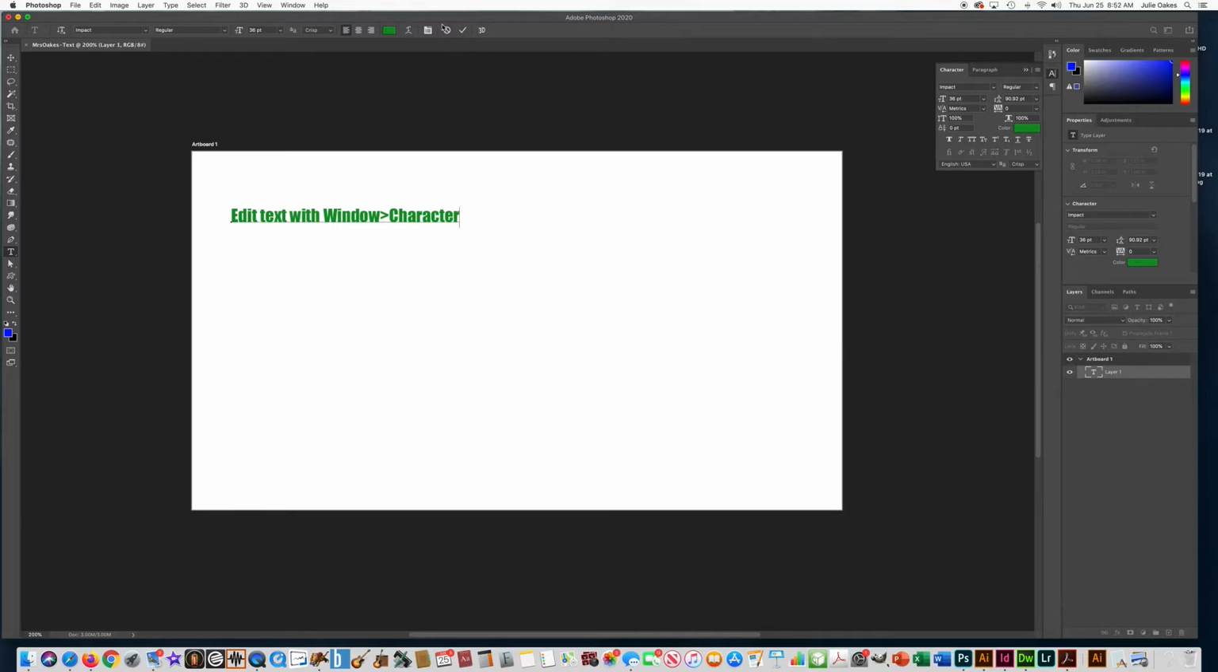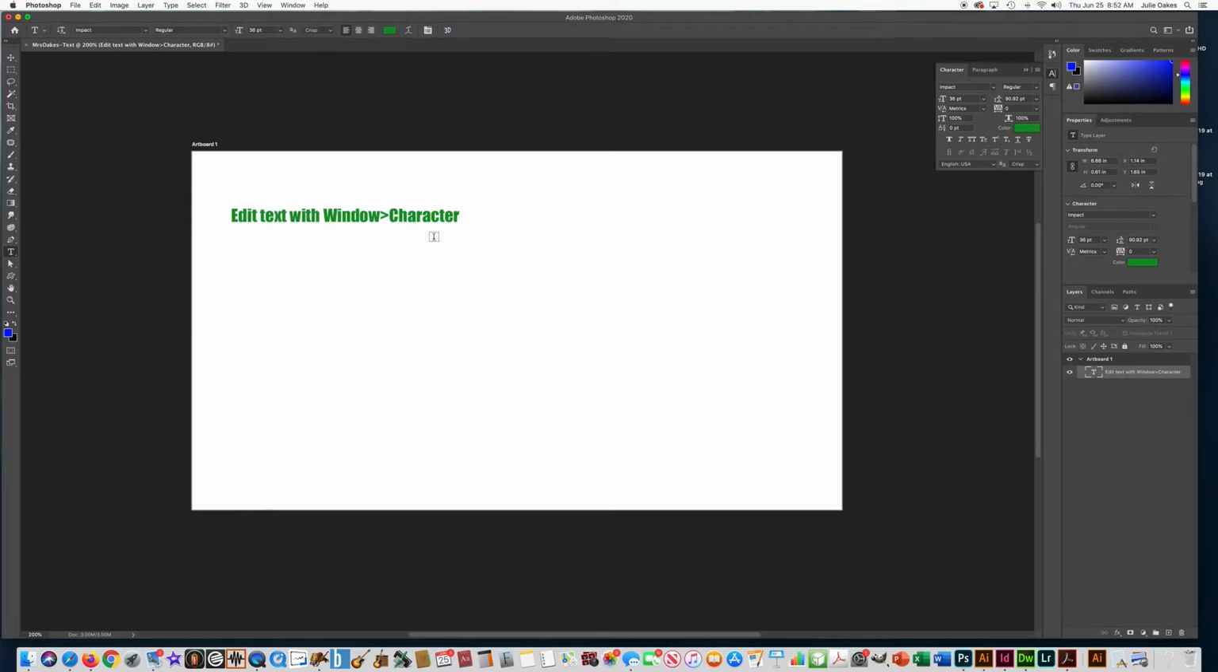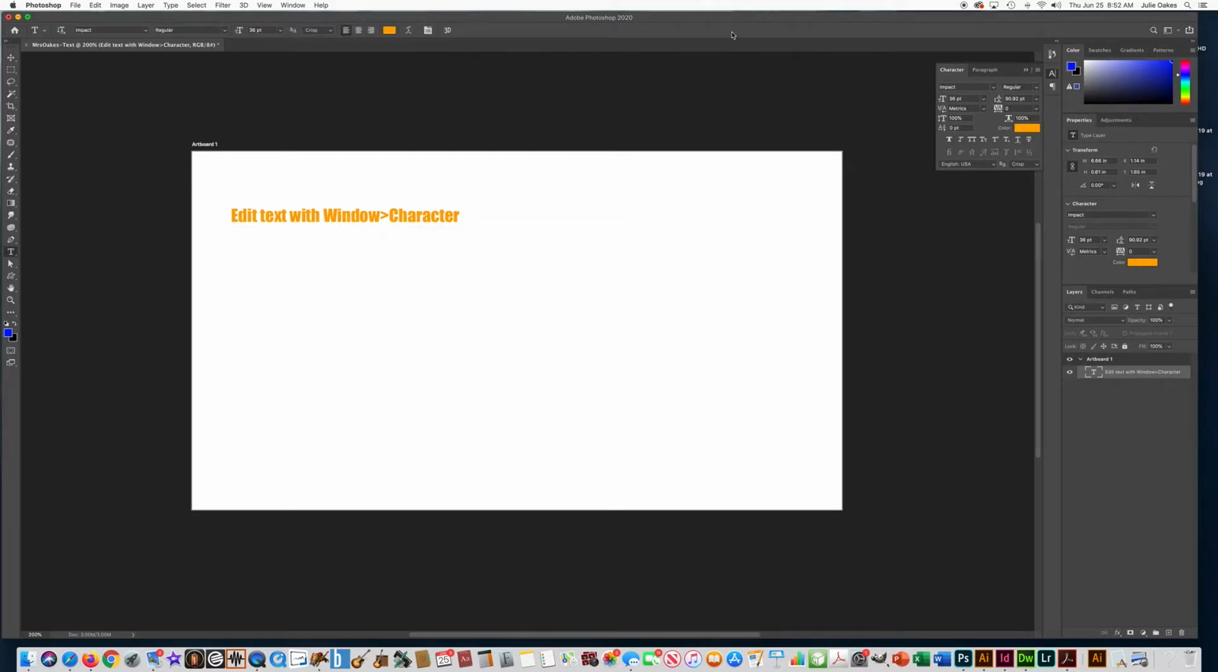Alright, and then press the check mark. This is to help you remember where you edit your text. It's window, character. That's where you can edit text. So let's go over here and change the color of our font. So pick another color that we haven't used yet. Say OK. And let's make this